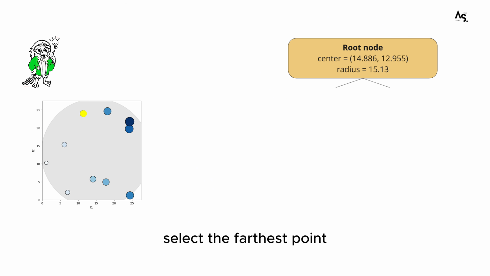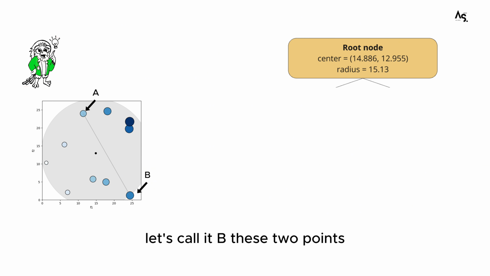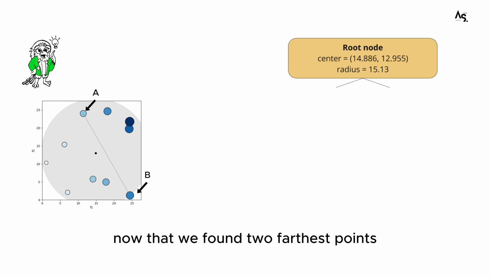Select the farthest point, let's call it A. Now, take A and repeat the process and find the farthest point from A, let's call it B. These 2 points A and B are likely to be at opposite ends of the dataset. Now that we've found 2 farthest points, A and B, let's see how the ball tree actually splits the dataset